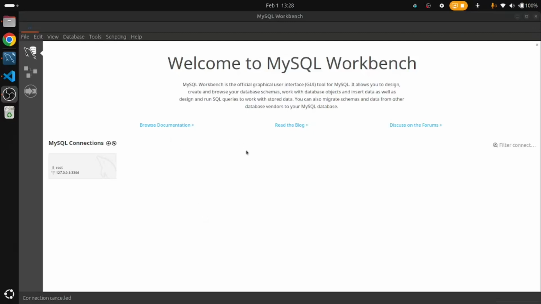I'm not going through how to install Workbench. I'm on Linux 25.0. So whichever platform you're on, you should install Workbench on your PC. After installing, this is the screen that comes in by default. There's a MySQL connection. So before that, let's look at